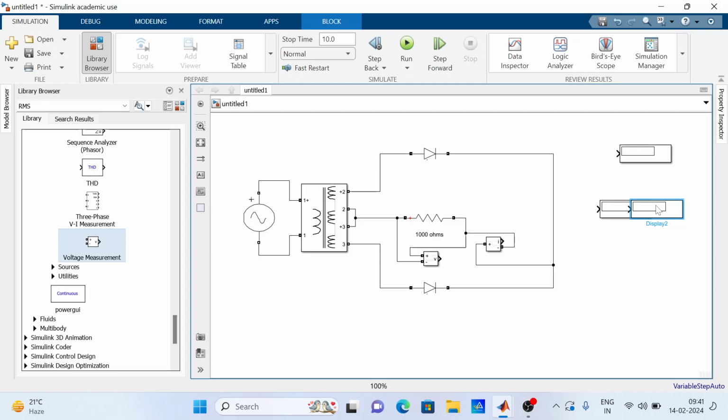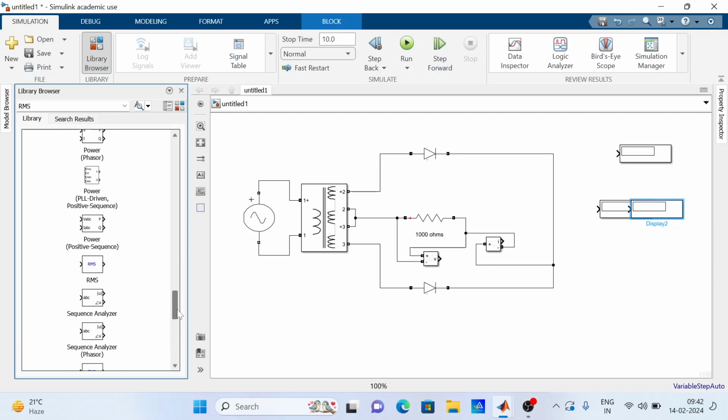Whatever voltage and current is measured here is a peak-type waveform, and from that you are measuring the voltage and current. If it is AC, you are measuring the RMS value. If it is DC, you are measuring the average value. So for each meter, you have to connect two blocks: one for the average value or DC component, another for the RMS value or AC component. So we require two, right? Now see how you measure those things. In the same sensors and measurements block, you have the RMS block.